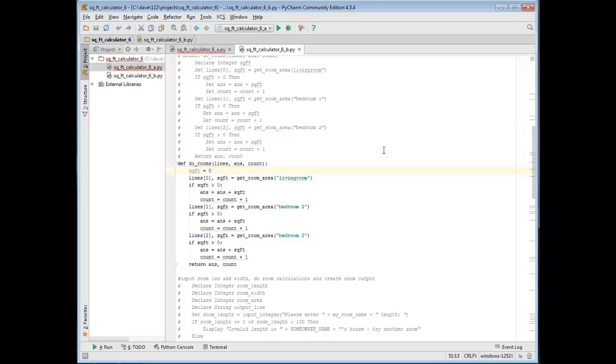And we know that if we hit main first, and we know that, for instance, do rooms, if we pass in lines, the array lines, along with some int and some other int,